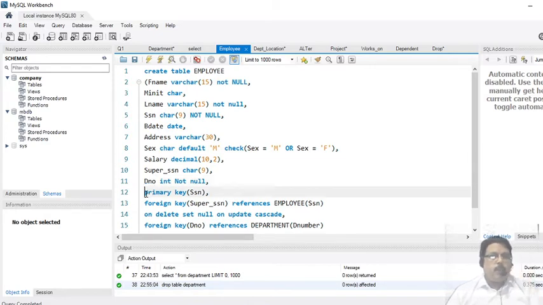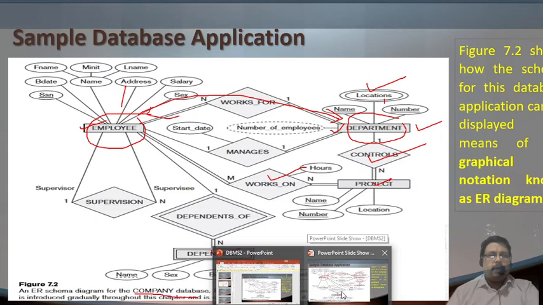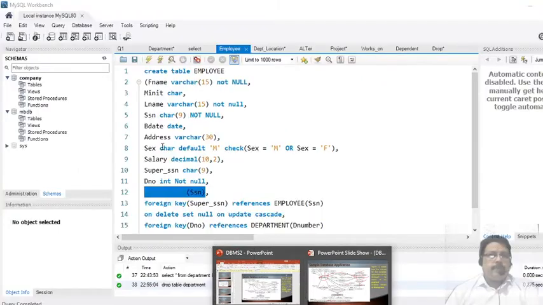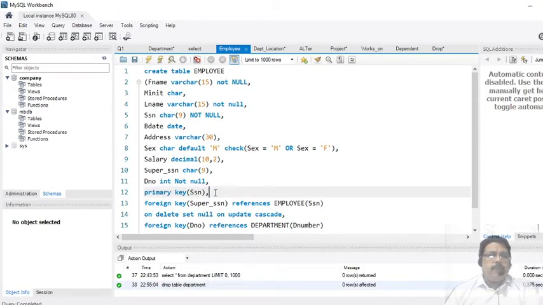Now first let us go with the same concept. In this employee table, just go through this ER diagram. You see here below SSN there is an underline. These are all the attributes, fields. For the key attribute, where the primary key is specified, it is underlined. So there you can see the number or a name, these are all underlined. That means these are key fields. Next, here SSN is a key field, so that is underlined in the ER diagram.